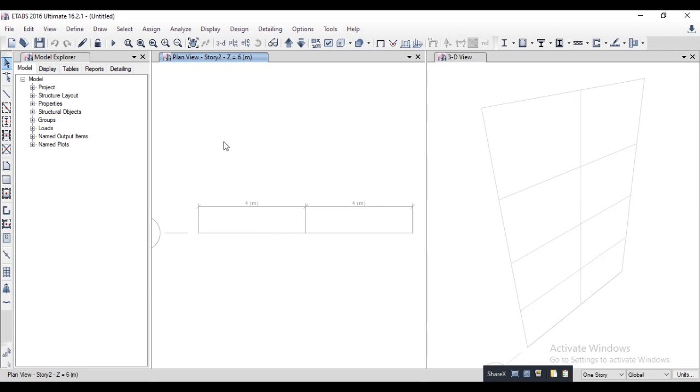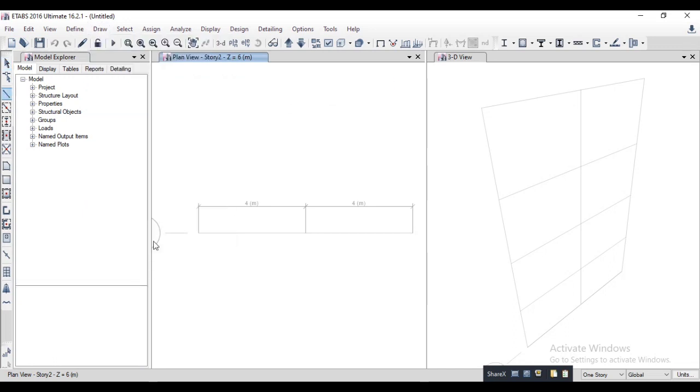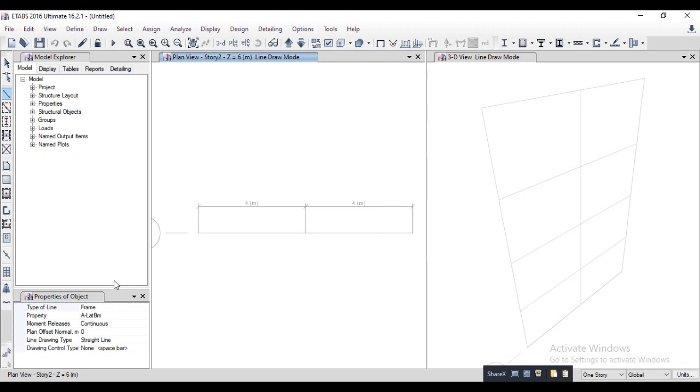There are two methods to draw the beam. One is go to Draw, then choose Draw Beam/Column/Brace Objects and select Draw Beam/Column/Brace. You will see the property of the object has opened. In this property the beam size is available here.